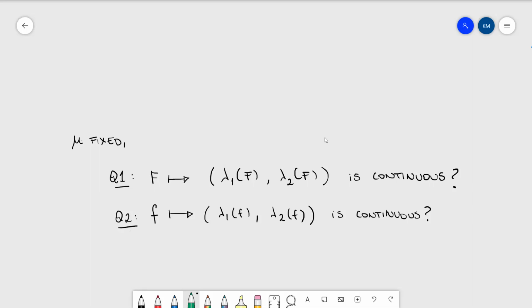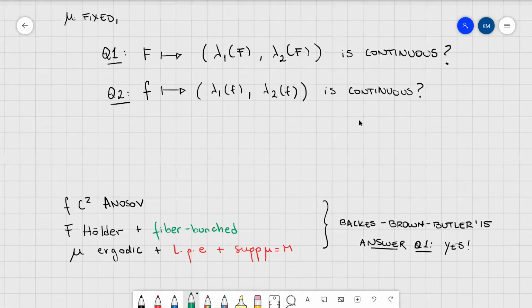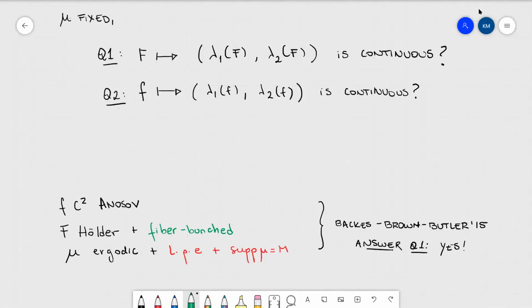So what do we know about question 1? I'm going to state the most general theorem that we know so far. Karina, you said that question 1 gives you some information for question 2. If it's not continuous, can you affirm that it's not continuous in the second case? Something like this? The problem is the next theorem says that everything is continuous in question 1. Okay, so let's wait for the next theorem. Okay. Thank you.